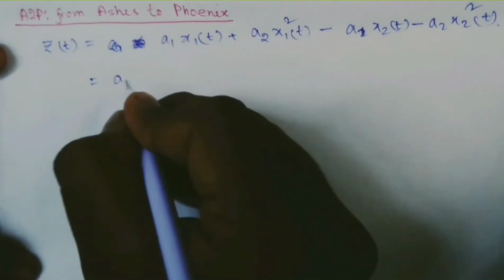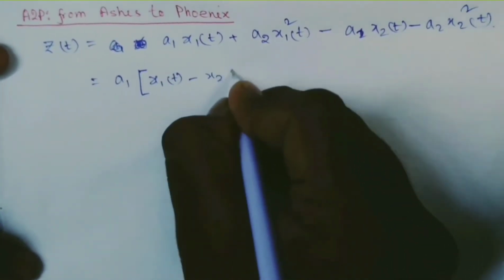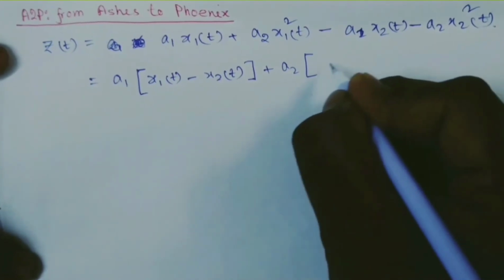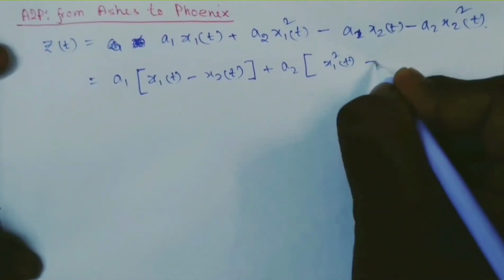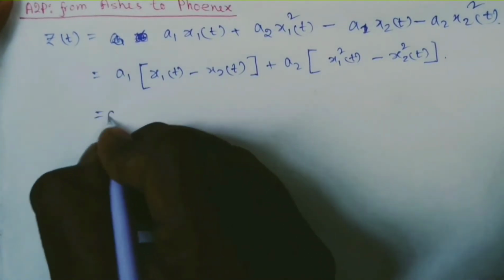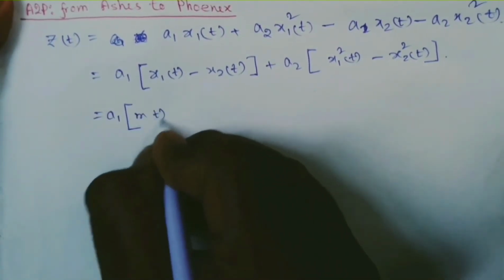That is a1 into (x1(t) minus x2(t)) plus a2 into (x1 square (t) minus x2 square (t)), which will be equal to a1 into x1(t)